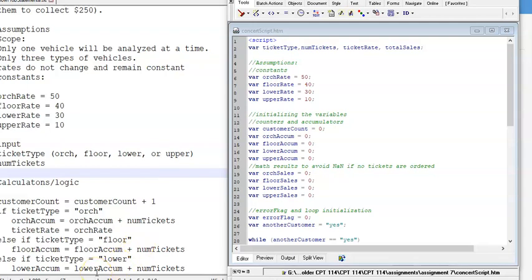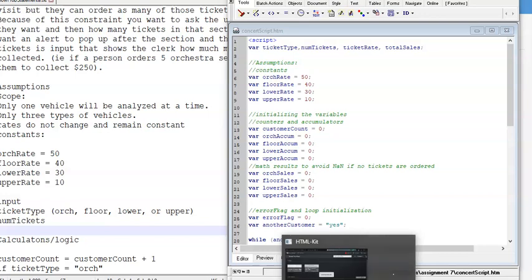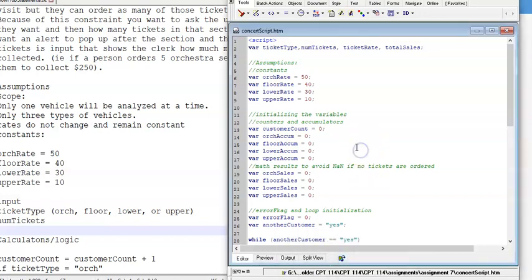Okay, so now we're doing the code for the concert. So here's our problem statement that we finished up. This is our flow chart. Where's my flow chart? Ah, I closed my flow chart. So